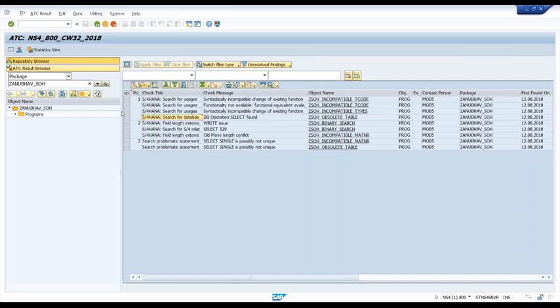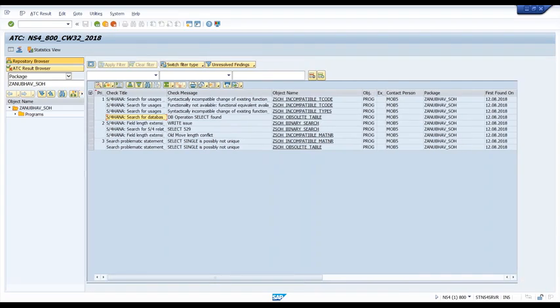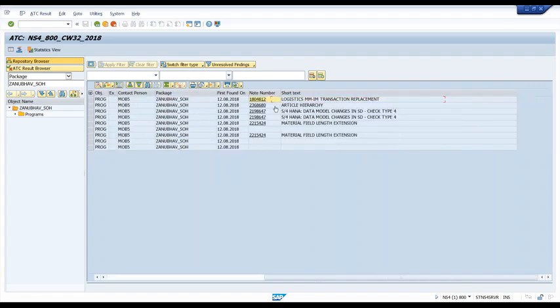Now the beauty here is the notes. It has actually done a mapping with your simplification database. That's the beauty of it. So it has got a mapping to the simplification database items, and in the simplification database each item corresponds to a note number, and that's exactly what the system is showing you on the right corner. You can see the note number, which is actually the mapping with your simplification database in the system. Yeah, see this one, S4 HANA data model changes in SD. Yeah, material field length extension. Wow, superb. Can you see that?